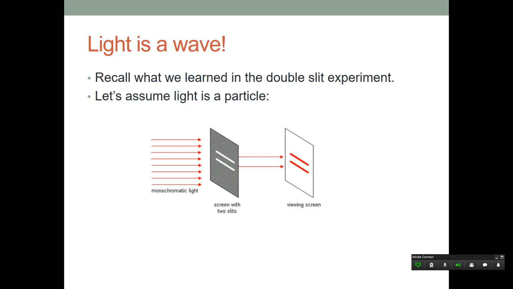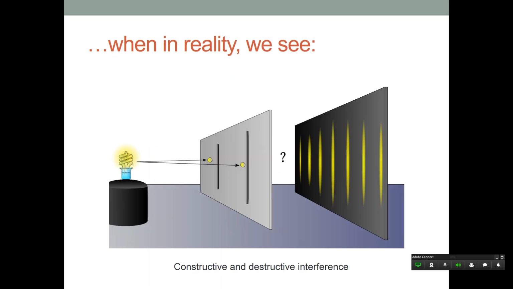And so what actually is happening is if you have light going through these two slits towards the same environment, what you end up seeing on the other side is multiple lines. And this pattern here is called a diffraction pattern. All right, and that's because light diffracts, and that's one of the